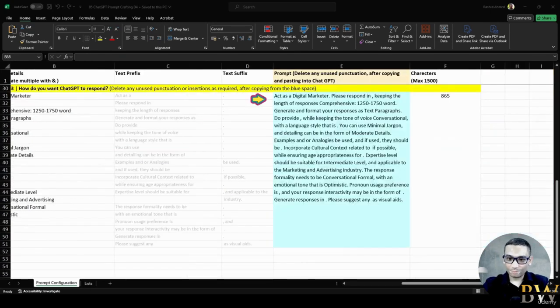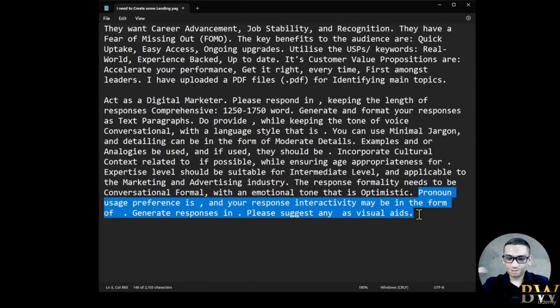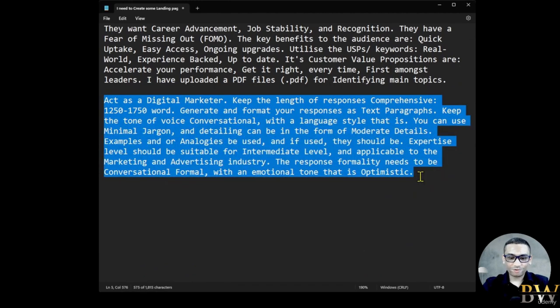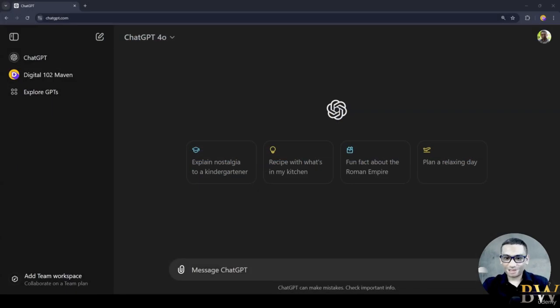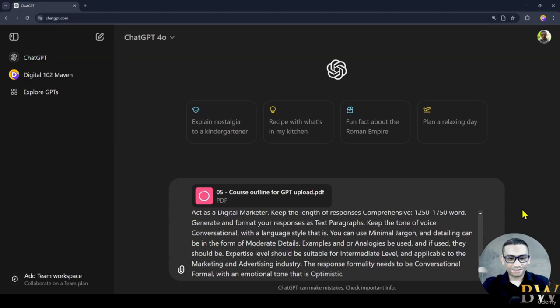Let me grab the prompt section from here, head over to Notepad, and paste in the prompt. Select any unrequired portions and remove those. Here's a second bit I had skipped, and here's the final part of the prompt after editing. So I select it all, copy, head back to ChatGPT, paste the prompt, upload the document with the product details,